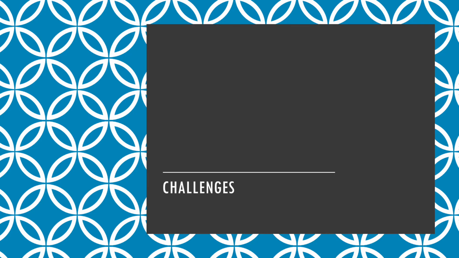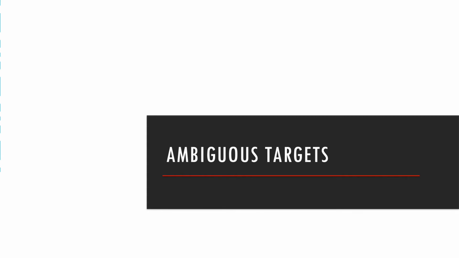So that's a few words about opportunities and how these sorts of technologies are being used today. I want to focus now on the challenges associated with this, because I don't think everything is roses with interpretable machine learning. I think there are some serious problems that need further consideration. The first I'm going to discuss is this issue of ambiguous targets. What I mean by an ambiguous target is that it's not always obvious when we use one of these IML tools whether our goal is to say something about a system or a model.